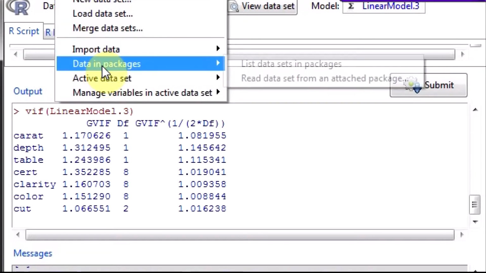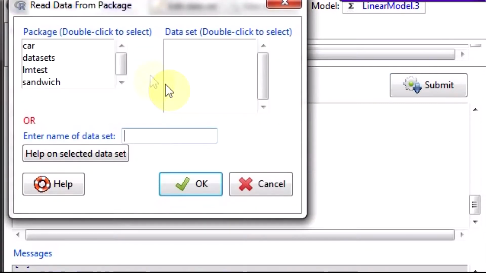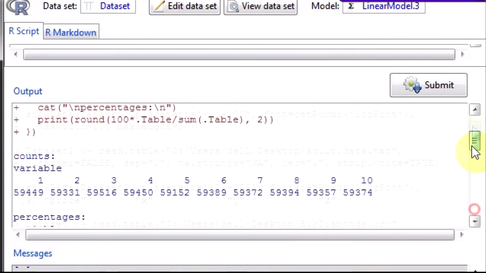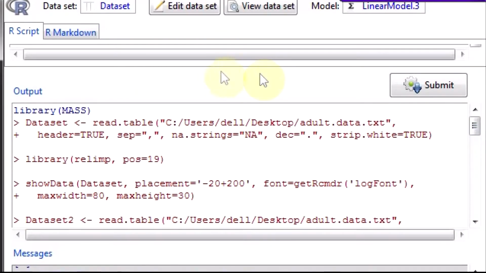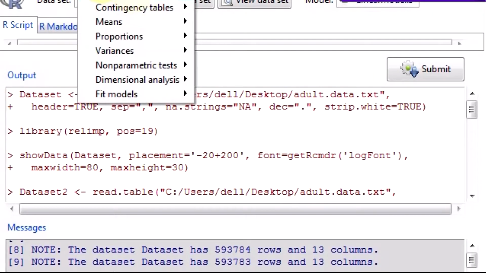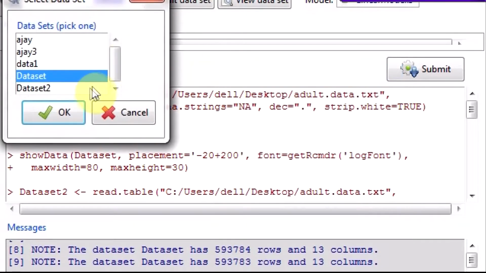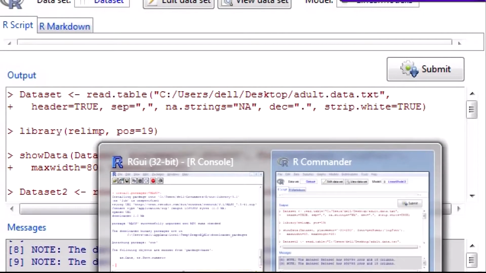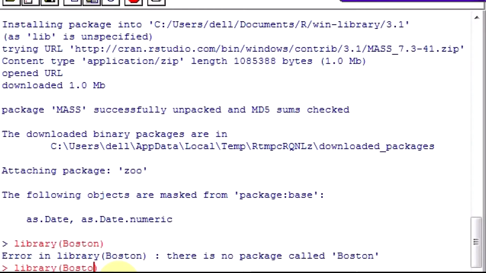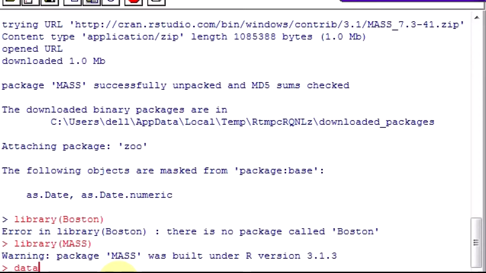Okay. Now read data set from an attached package. I can change the active data set, select active data set, right? I can change it from any other form. So let me go to the console and do library MASS and data Boston.